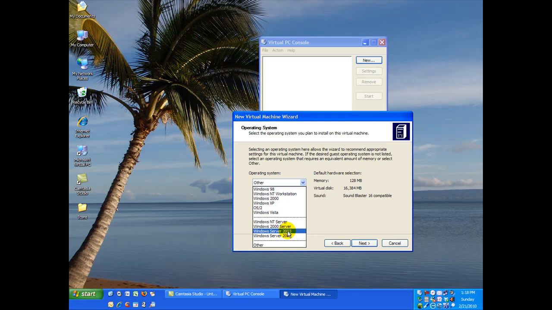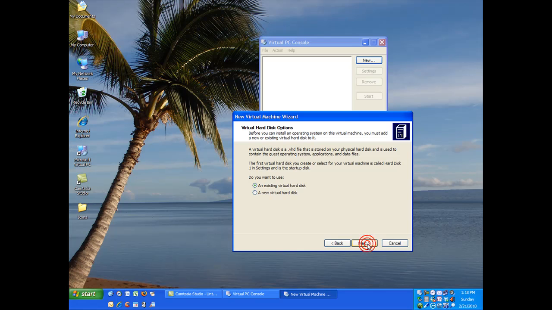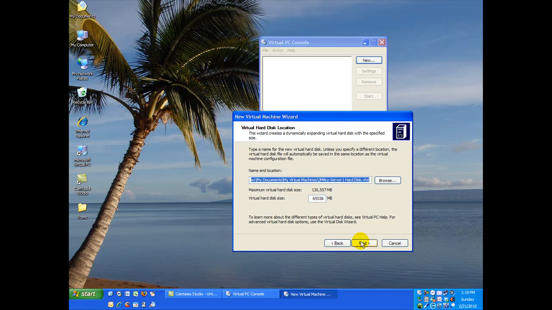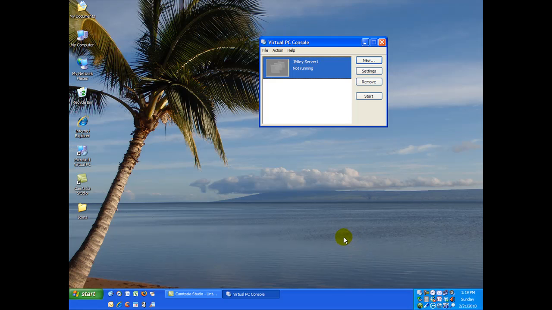And choose Windows Server 2003. This is just setting up some memory and hard disk space values. It'll give us plenty of room to work with. We want to create a new virtual hard disk as well. It'll put it in the same place as the virtual machine file and give it a default size. So just click Next here also. Now that we've created the virtual machine,